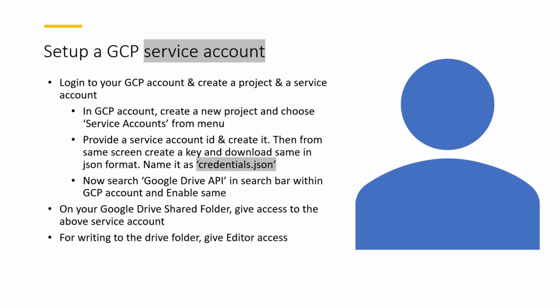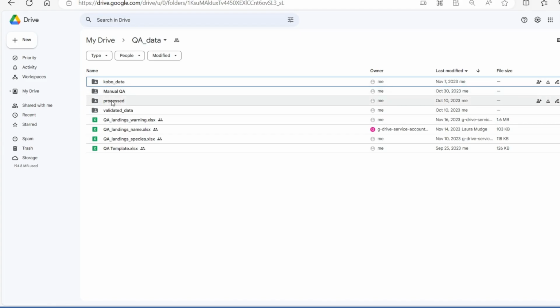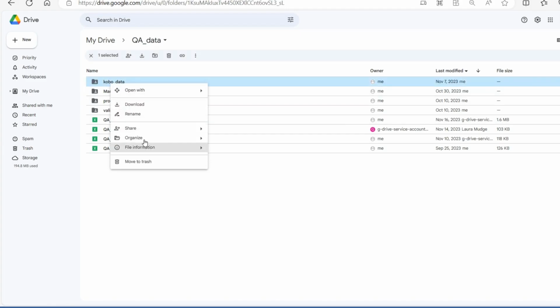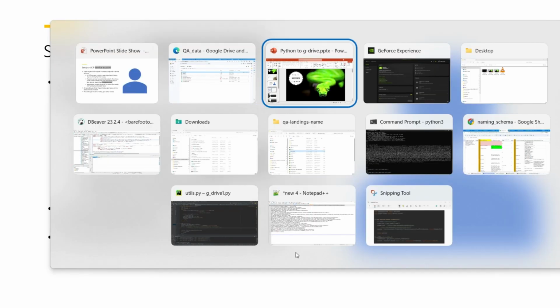And like in Google Drive, we give permission to the folders, right? So I can just right click and click on share. I can mention the service account ID in the share options, and I can give editor access if I'm going to manipulate the folder later on. Once all these things are set,